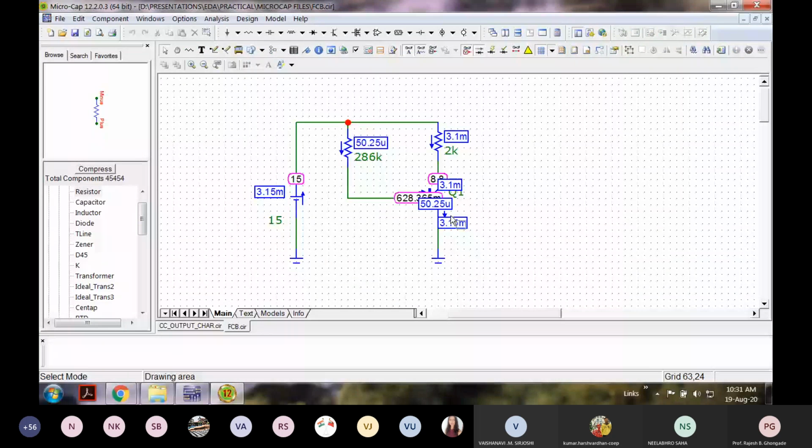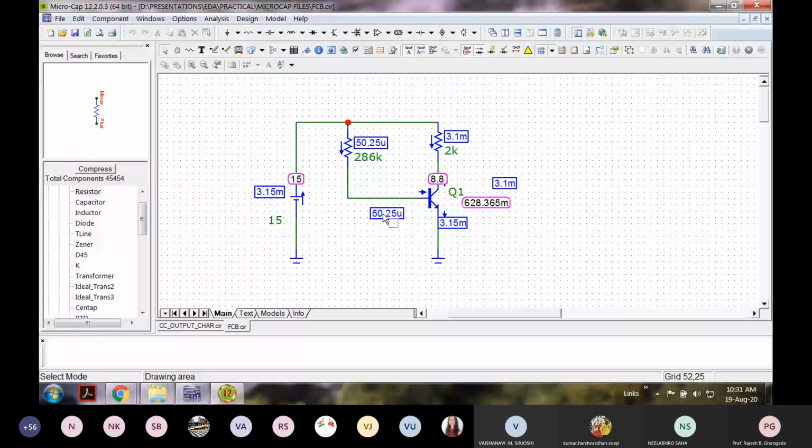So what we get are a little bit different values, different as compared to Multisim. That is the reason why I was a little bit reluctant in showing Microcap. The base current happens to be 50.25 microamperes.